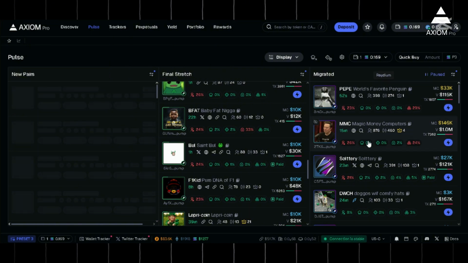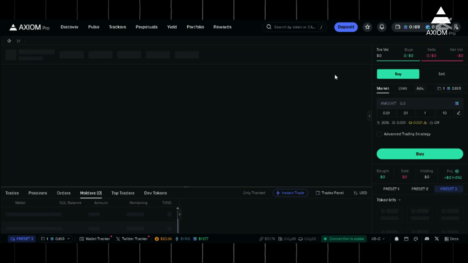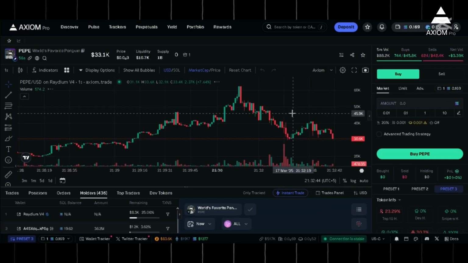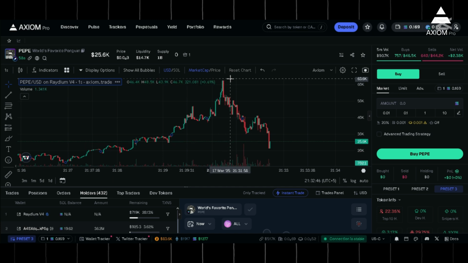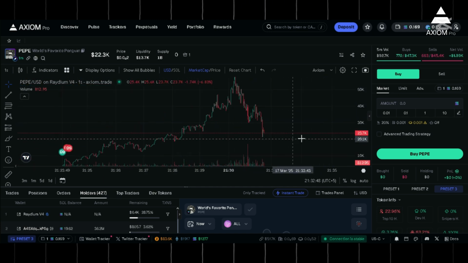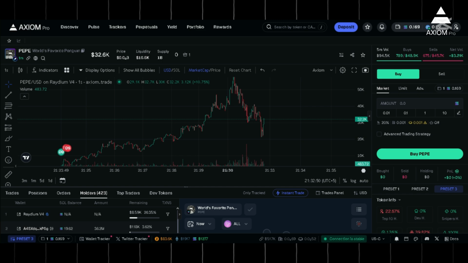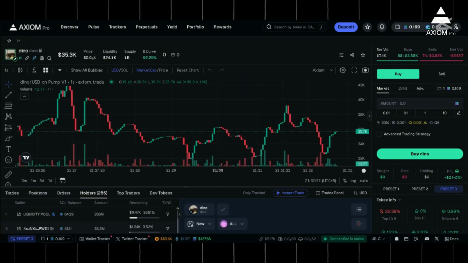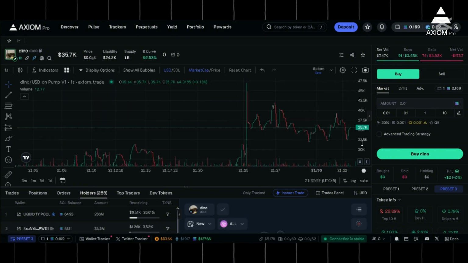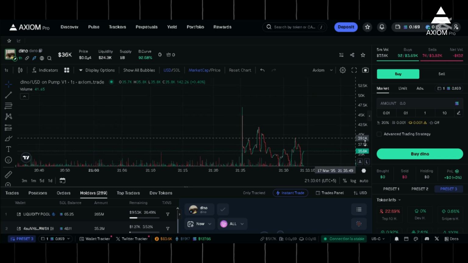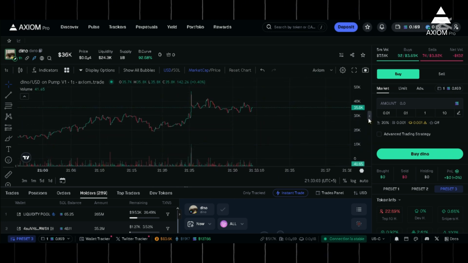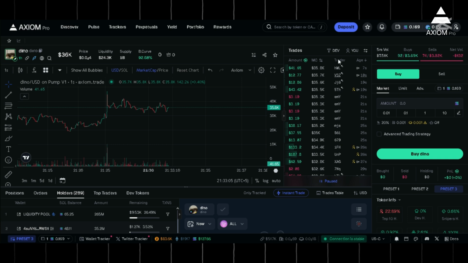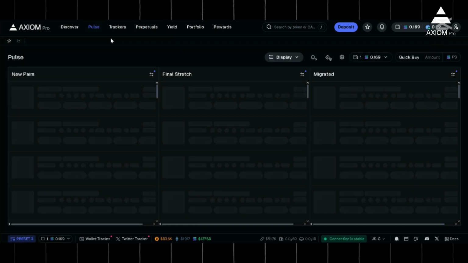And this one is the migrated section. When the token just gets migrated, it goes here. As you can see right now, at the moment it went up to 63k, and right now it's 21k, 32k. So yeah, pretty much simple things basically. And for this video I'm just showing you the education stuff. Basically you just need to know how to use this type of platform. This is where you can see the volume and stuff like that if you are a more insider